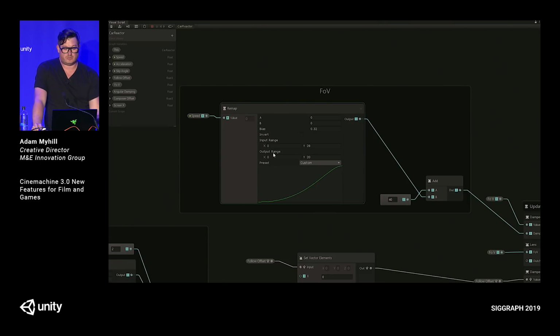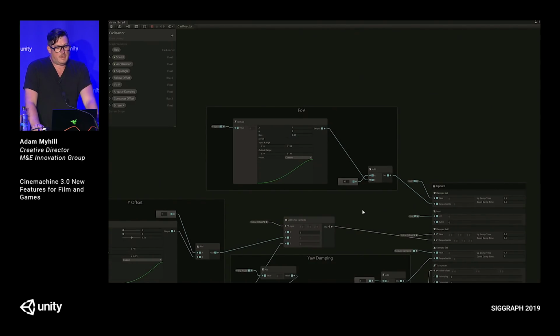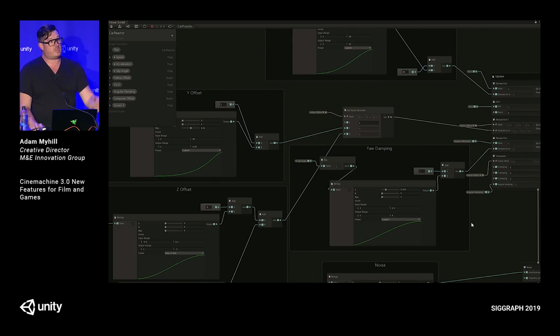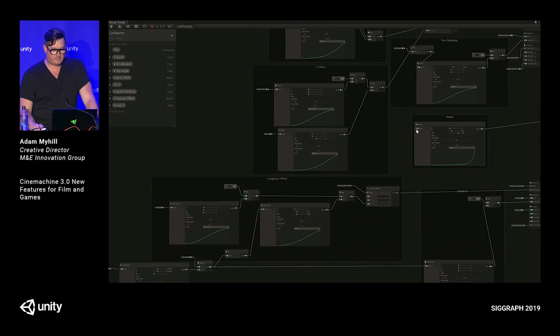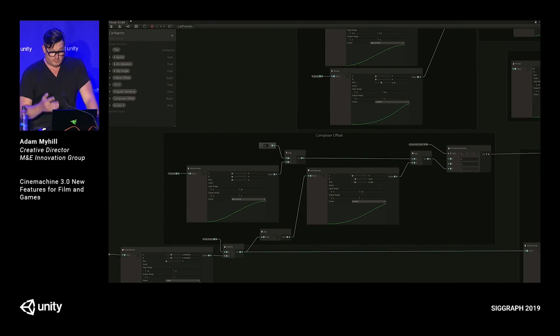There's an output range between 0 and 20 change of the FOV in degrees, and here's the little curve that I want for that. And you start to layer them. On Need for Speed, I had 47 channels from car information coming in driving the camera. And we didn't get too crazy because we just did this many, but look what it feels like.